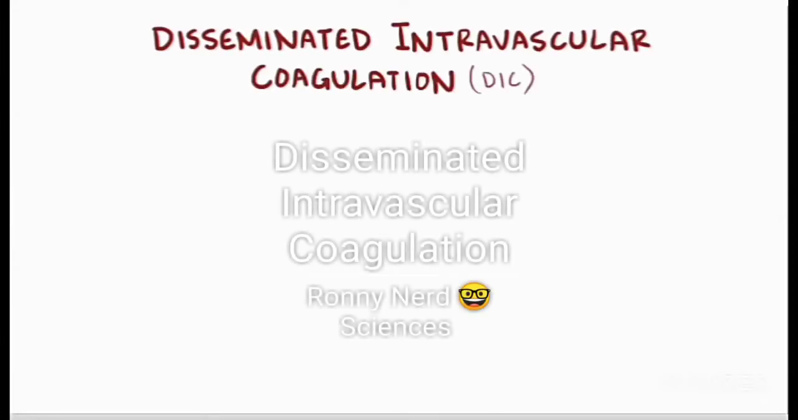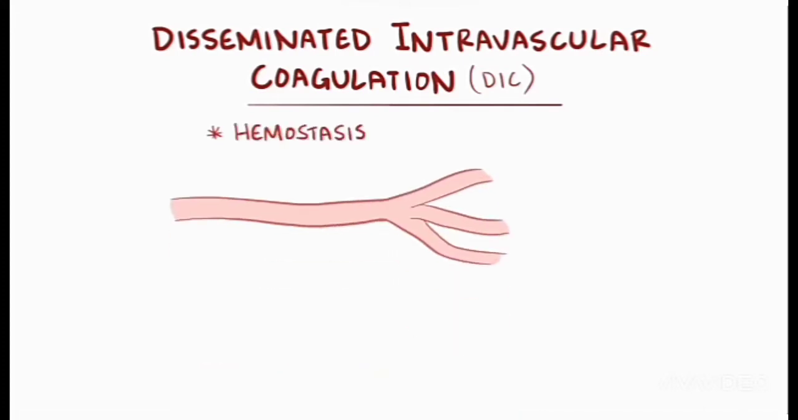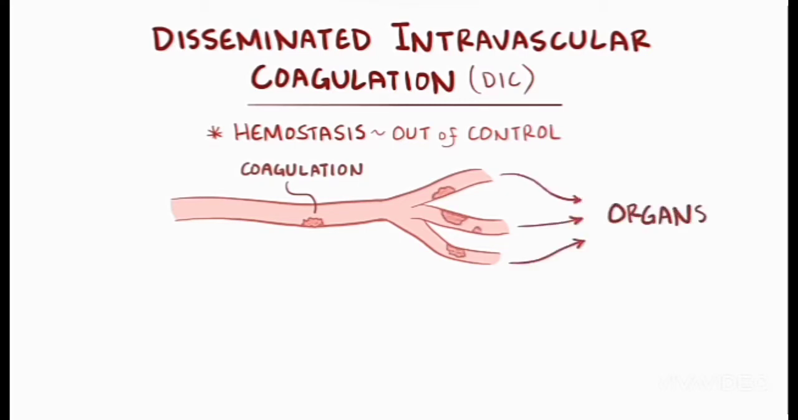In this video, we are going to discuss DIC, or disseminated intravascular coagulation. It is a situation in which the process of hemostasis, which is when blood rapidly becomes a gel or clotting starts after blood vessel wall injury, starts to run out of control. When this happens, a lot of blood clots start to form in the blood vessels, serving various organs, leading to organ